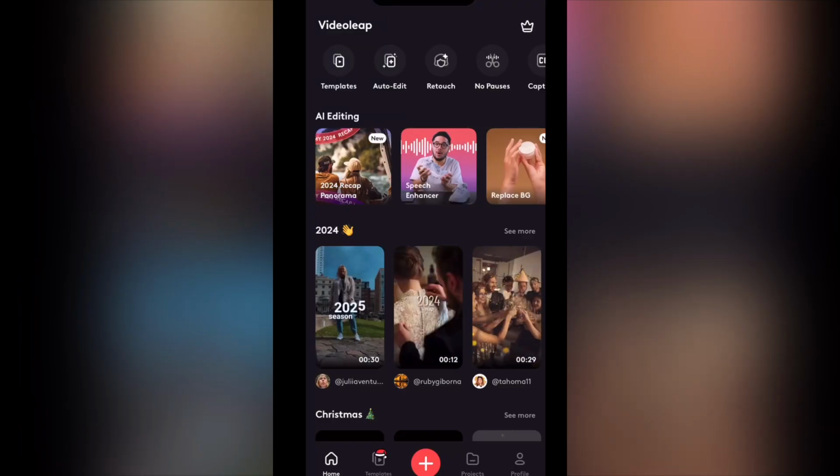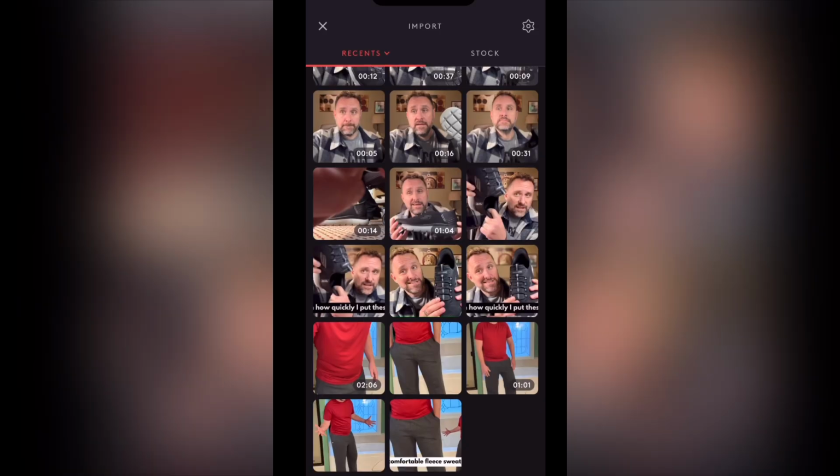I think this looks so much better than the black background. You have a reflection, you have a blur in the background, and it all kind of blends in and is easier on the eyes. So when you open your Video Leap app, you're going to hit the plus sign to start a new project,